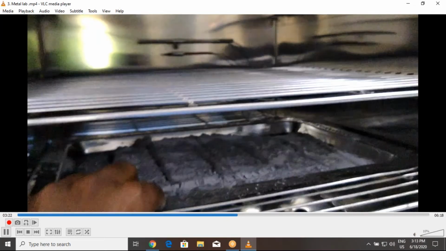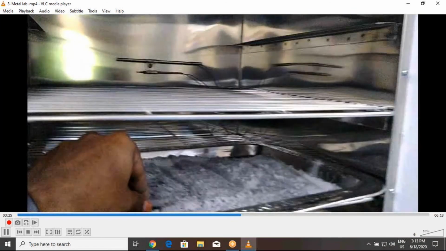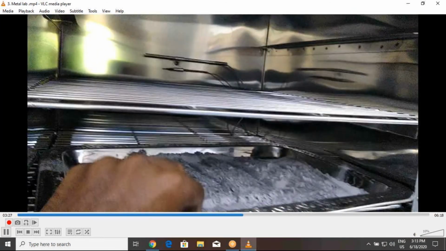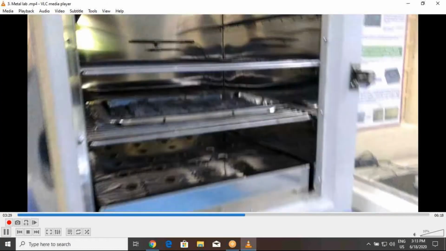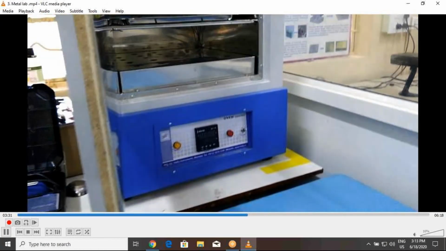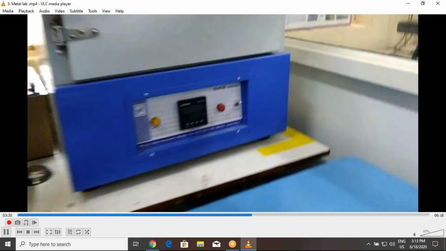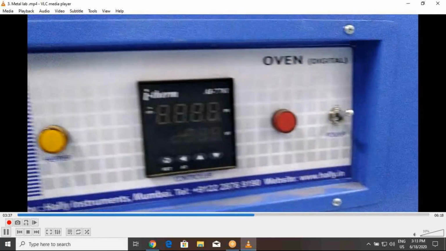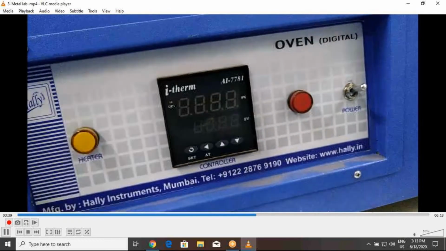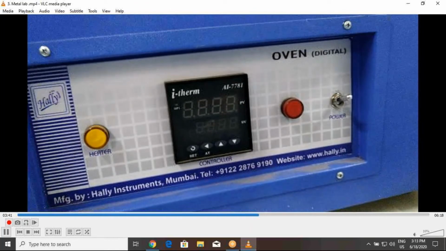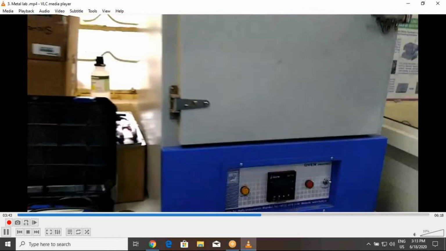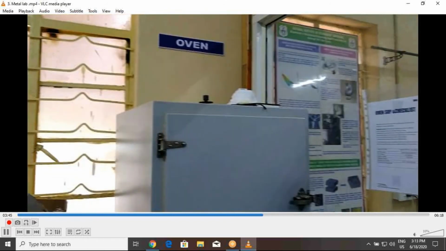So these are the different trays. This is one of the powders, the 17-4 PH we used in our machine, and we place it here. This is the powder. See, this is a furnace. These are the furnace controllers at the bottom, and we can control them. We can start and stop on time, temperature, everything. They are adjustable and can be controlled. So this is about the oven.